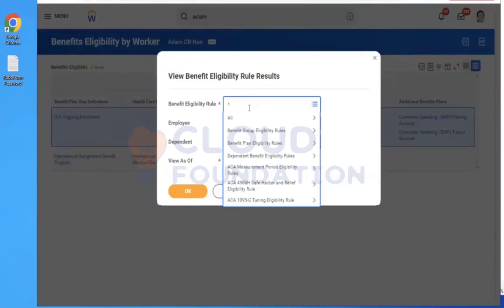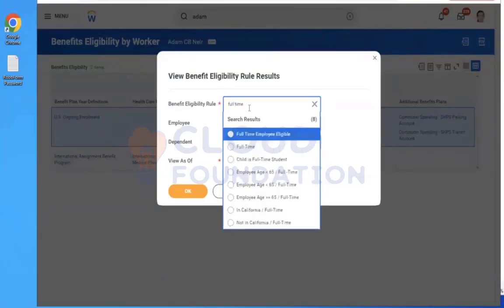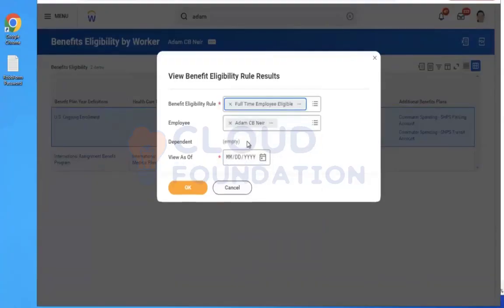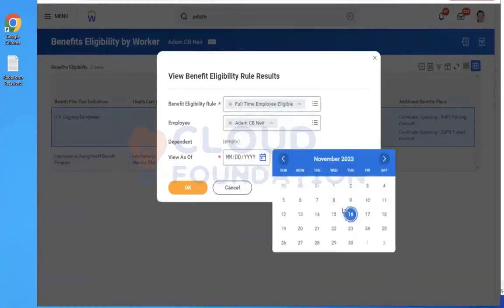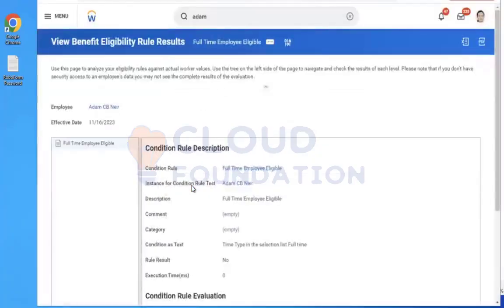Full time, right? You have a catch here. You got that point, sir? So can you guess what happened here? Why is this employee not eligible?